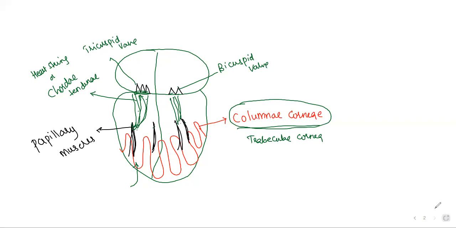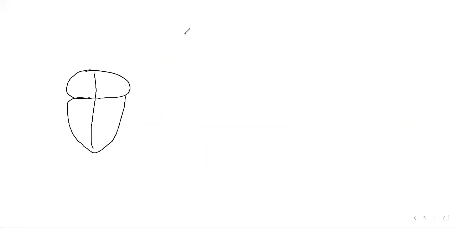We'll continue the internal anatomy here. We have a very interesting item about the embryonic heart. During embryonic stages, above on the interatrial septum, there is an opening. We call the opening the foramen ovale.